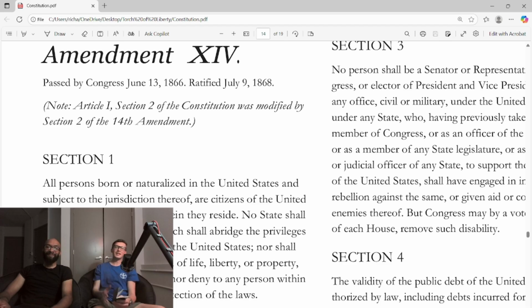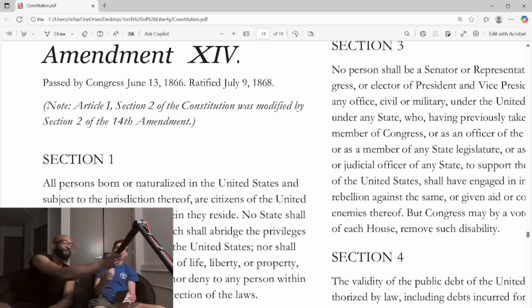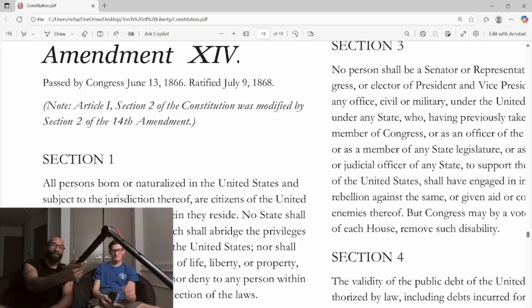Like, are they just gonna let their involuntary servitude go silently into the night and be okay paying people more and maybe going out and picking their own crops? I don't think so. I'm sure there were some. Let's make it really simple.